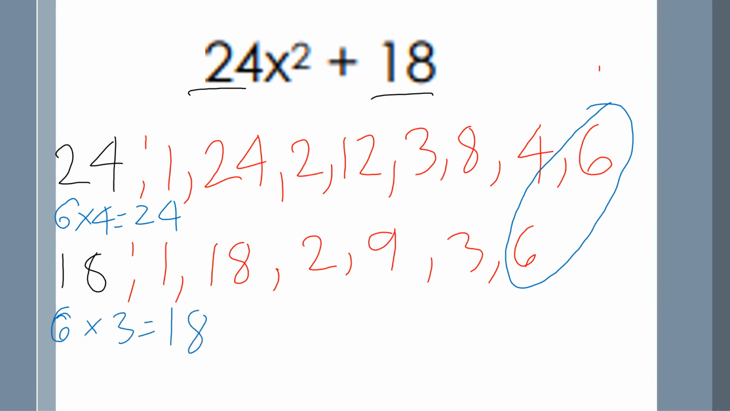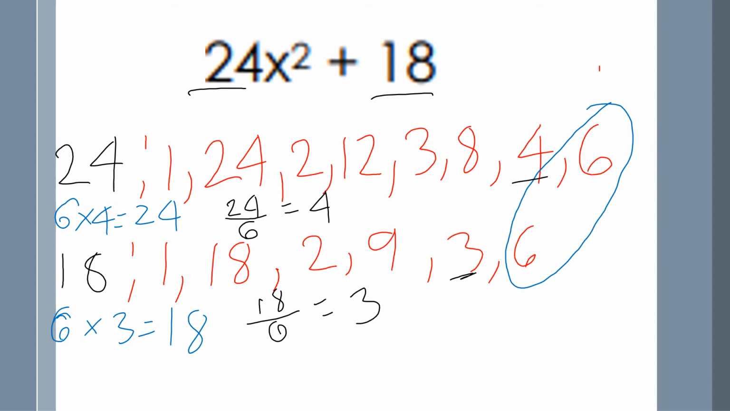Another way of doing this, and you don't have to waste your time going through all these methods, this is just letting you know that there are other ways of doing this. So why don't you do 24 divided by 6? That's going to give you 4. And then 18 divided by 6 also gives you 3. And they give you other factors. So when you divide them by the same factor, as long as it gives you another factor,